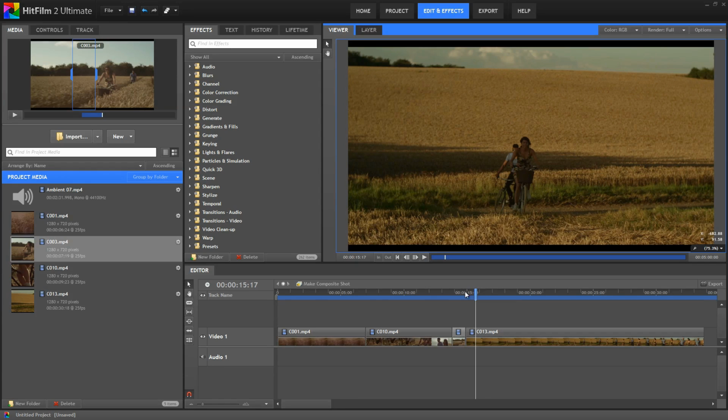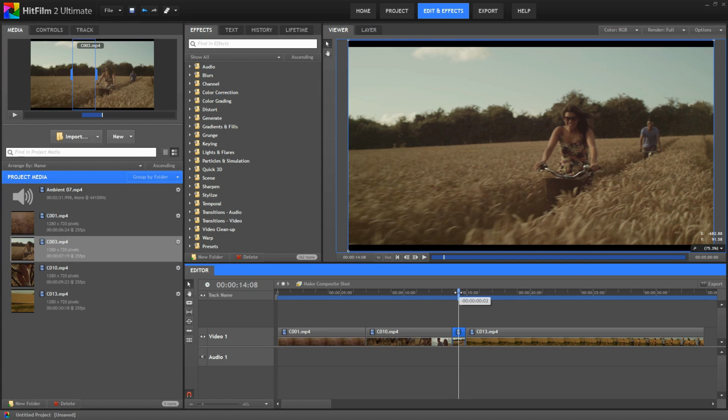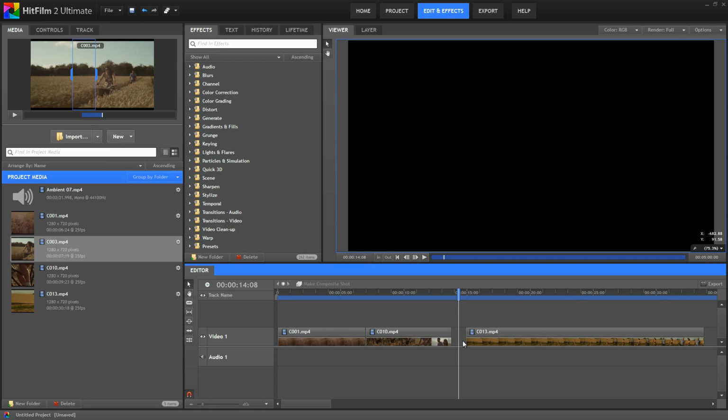Okay, so that third clip is a bit too short, but more importantly, I think they're just riding too fast, and it doesn't really fit well in the context of these other clips. So let's go ahead and just delete that clip. If we select that clip on the timeline and hit delete, then we end up with a gap in our